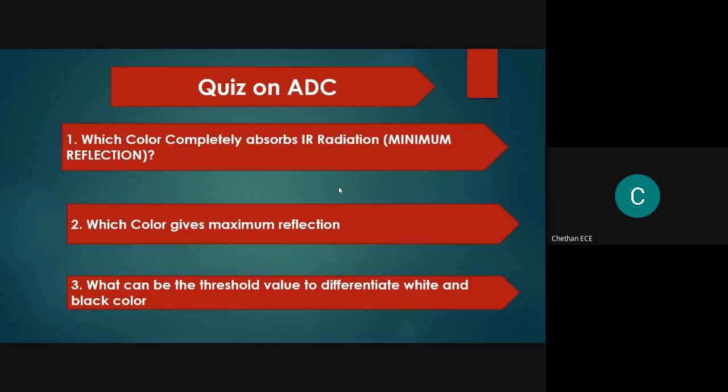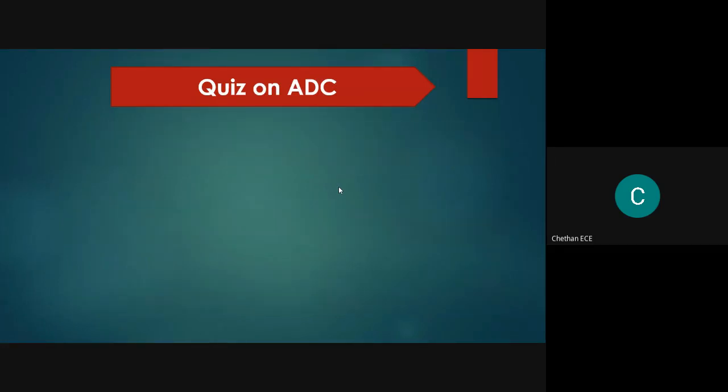If the threshold value is greater than 150, it is considered as black. If it is less than 50, it is white; greater than 100 is also considered as black, less than 100 as white.